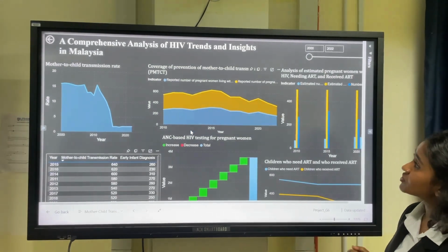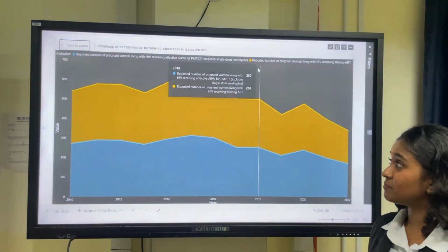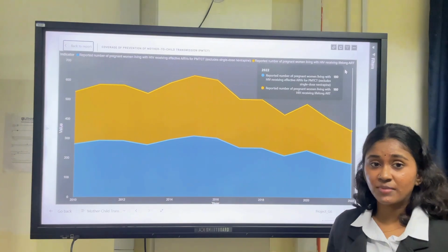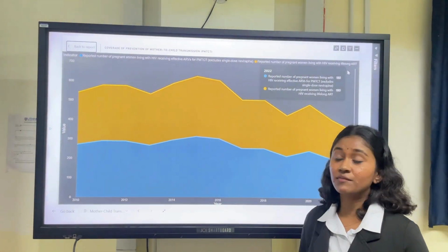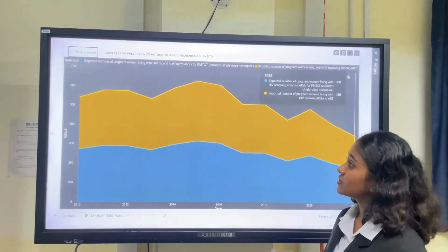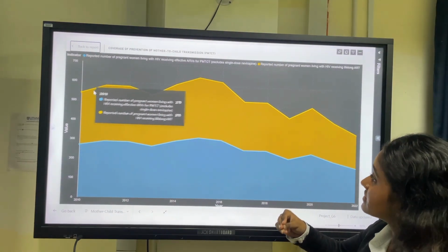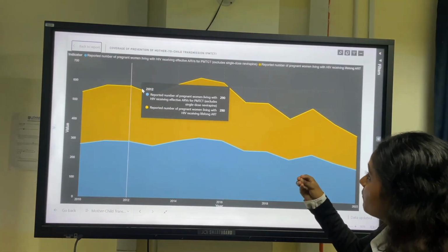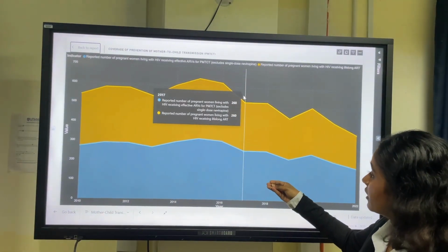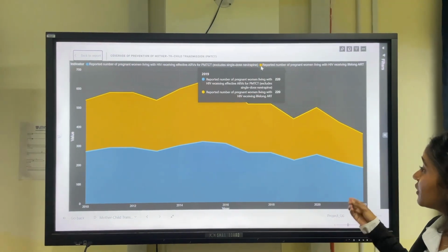which is the coverage of prevention of mother-to-child transmission, which is PMTCT. These are the prevention methods that a pregnant woman with HIV will receive. Examples of prevention methods that a pregnant woman with HIV will receive are ARVs for PMTCT and also lifelong ART. So if you can see, the yellow chart is describing the ARVs for PMTCT that the HIV pregnant women are receiving, while the blue chart is describing the lifelong ART received by the HIV pregnant women. Moving on to the next slide,